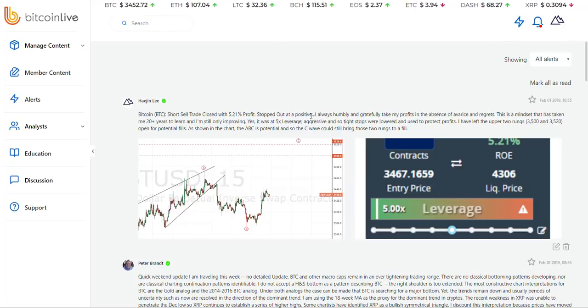Having said that, whenever I take my profits, I do it in total absence of avarice and regrets. Regrets usually come in shoulda, woulda, coulda. Such have no seats on the table of my trades. And this kind of mindset is what I'm talking about as a human factor that gives that very tiny edge which makes all the difference. And I'm still learning and improving on that mindset.